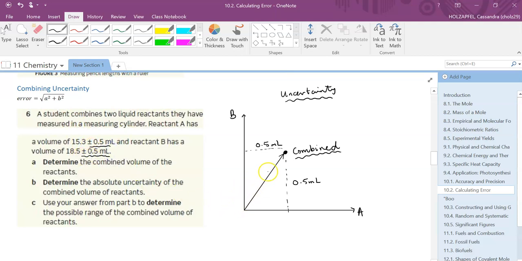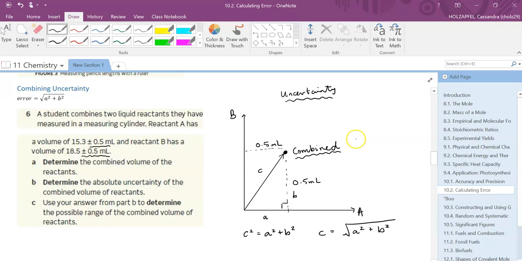And so if I wanted to work out the length of this line here, well, this is a right angled triangle. So this here, I could define as my base, so we could make that A. We could make this height along here our B. And so therefore our total error is going to be this value here, C. Okay. And so if we wanted to find the value for C, C squared is going to be equal to A squared plus B squared. And so our value for our error is going to be the square root of A squared plus B squared. So that's where that idea comes from.